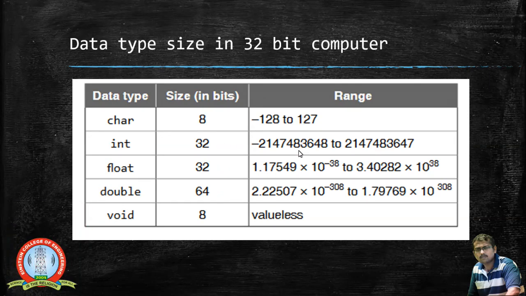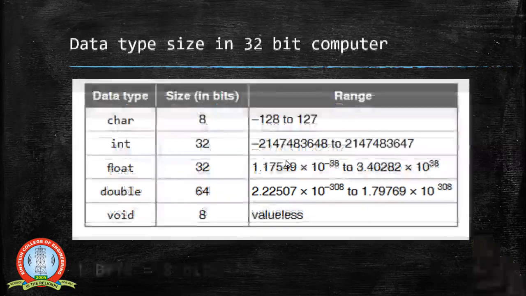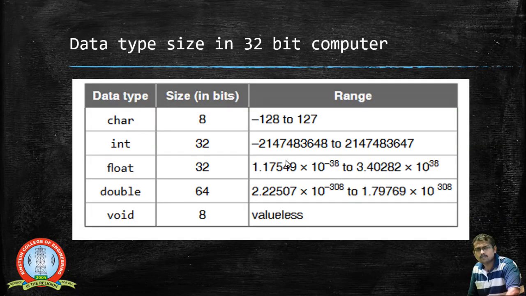And the ranges are given on the side as such, right? So we just want to have some discrimination. I just want to say about the differentiation between a 32-bit computer and a 16-bit computer. So the size of the data types varies, meaning you cannot say that the size of the integer is always 16 bits. It varies with the computer; with a 32-bit computer, the size of the integer is around 32 bits.